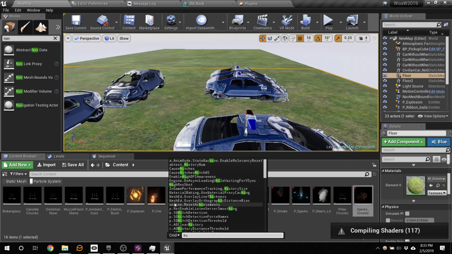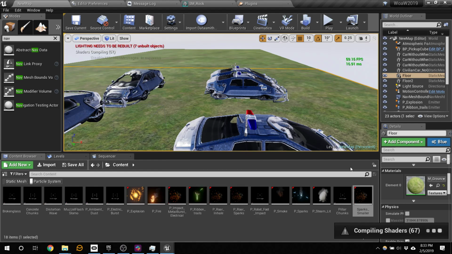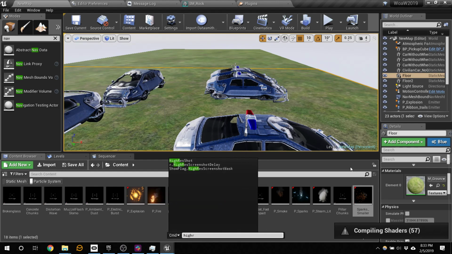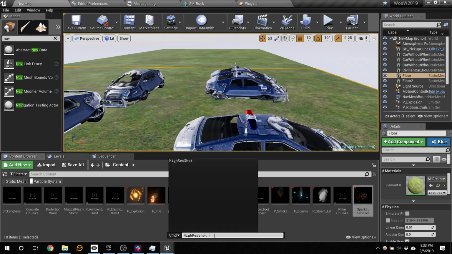If I start typing in the word high, it says high res shot. I don't know if you guys can see it from right there. I can navigate to it, hit tab. Let's do it again, I haven't done this in a while. I'm going to select it. There it is. So I select it, it's already written it out for me, high res shot, spacebar, and then